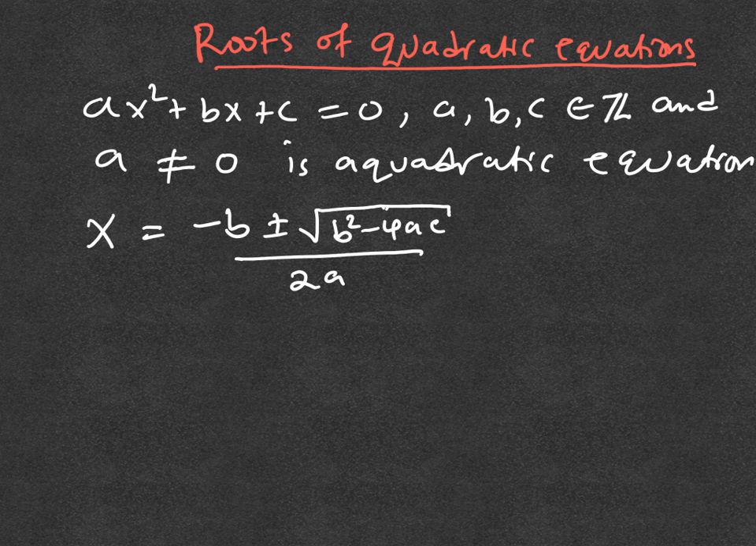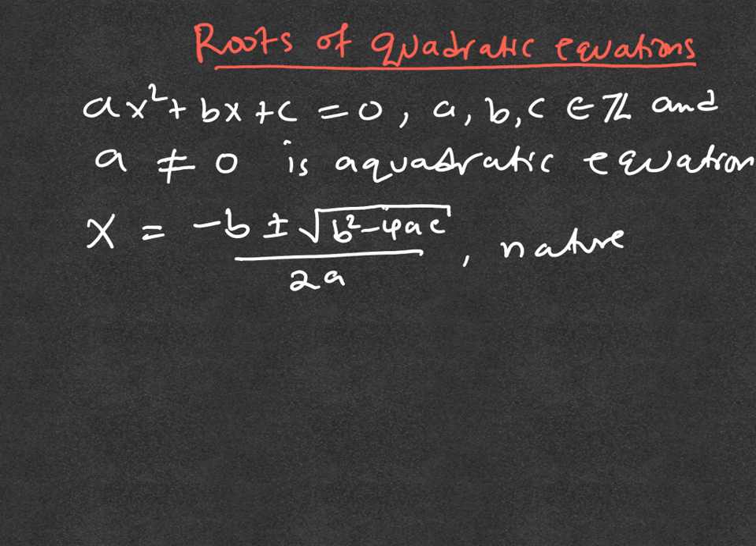If we know what a is, what b is, and what c is, we just plug in and then get the x value. Those will be the roots of the quadratic equation, and there will always be two roots of the quadratic equation. The nature of the roots